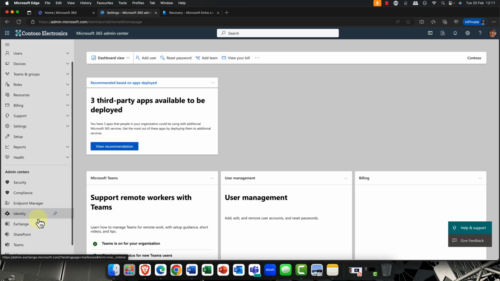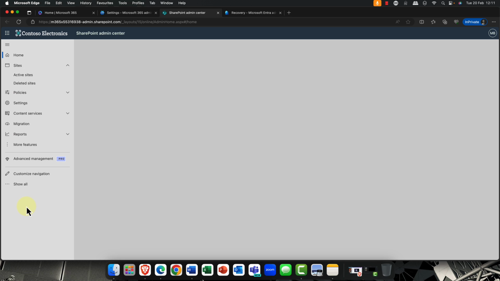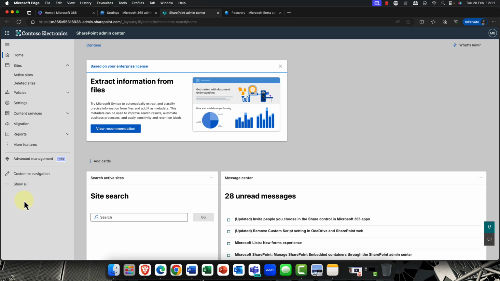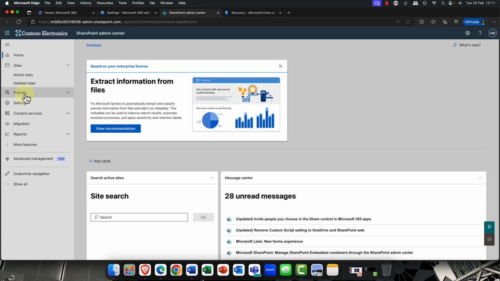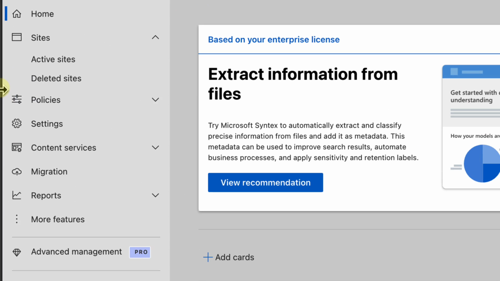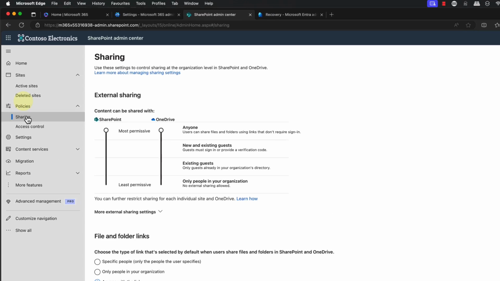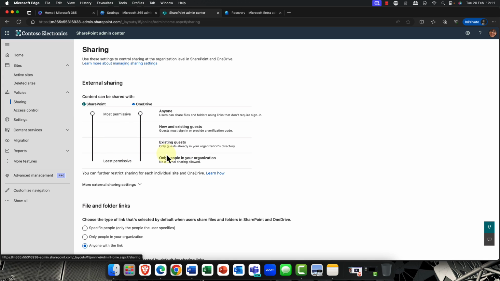Now you can come in here into SharePoint, and here in SharePoint we have, of course, the SharePoint Admin Center. Here in the Admin Center, you can see that we have got this area here called Policies. And within Policies, you go into the sharing settings. And these are your default settings for your tenant.